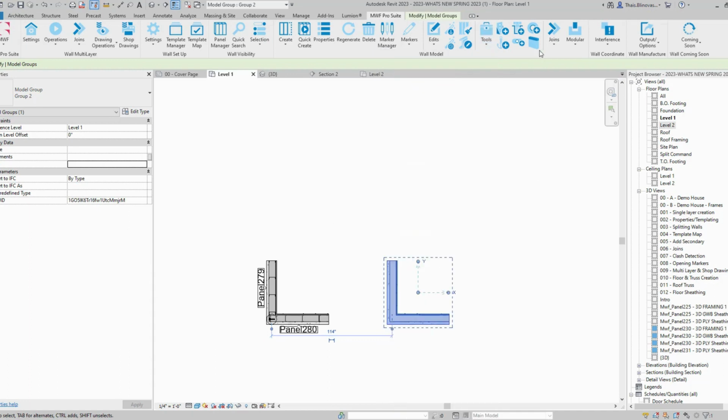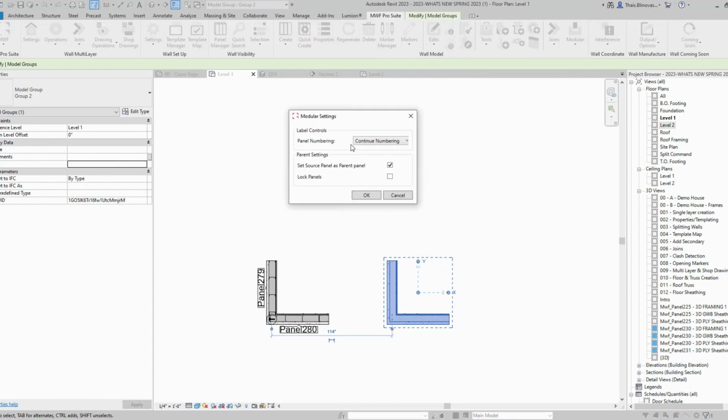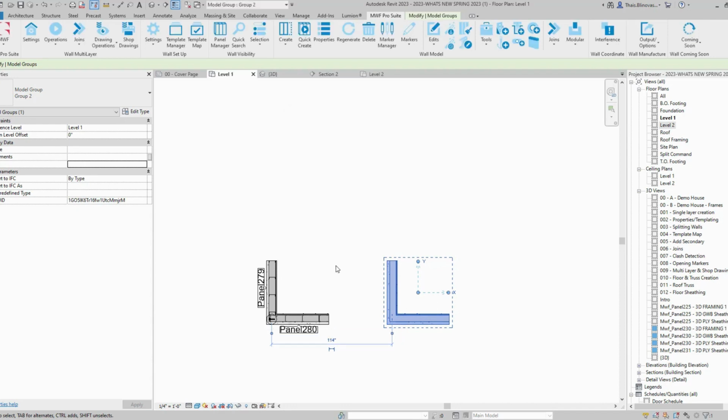They were locked before and you couldn't unlock them, otherwise you would break the groups. So now we do have an option. If I come here to modular, I'm going to say again, copy members on all identical groups. And now we do have this option here to either lock or not lock the panels. So you could potentially use this parent settings option now, and you can have the source panel set up as a parent panel, and the other ones will be children, but they would not be locked if you don't want them to be locked. So if I just go ahead and click OK,